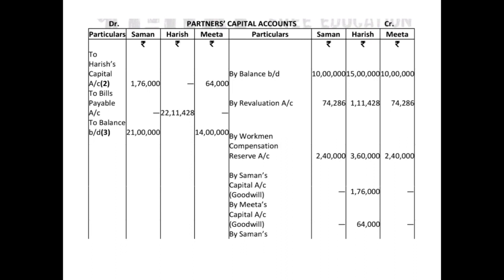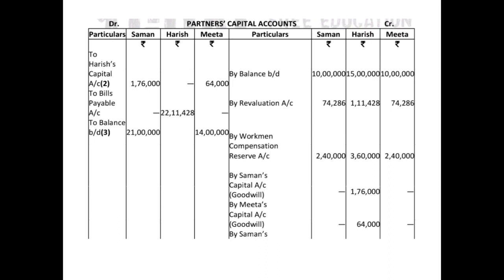22,11,428. And the question says that a bill of exchange is to be drawn in this aspect. So this is the amount which the firm has to pay to the partner. Therefore a bills payable will be drawn for this purpose. So this entire amount will be transferred to the bills payable account, as you can see on the debit side, and with this transfer the account of Harish will be closed. This bills payable is a liability, and it will be shown on the liability side of the new balance sheet.